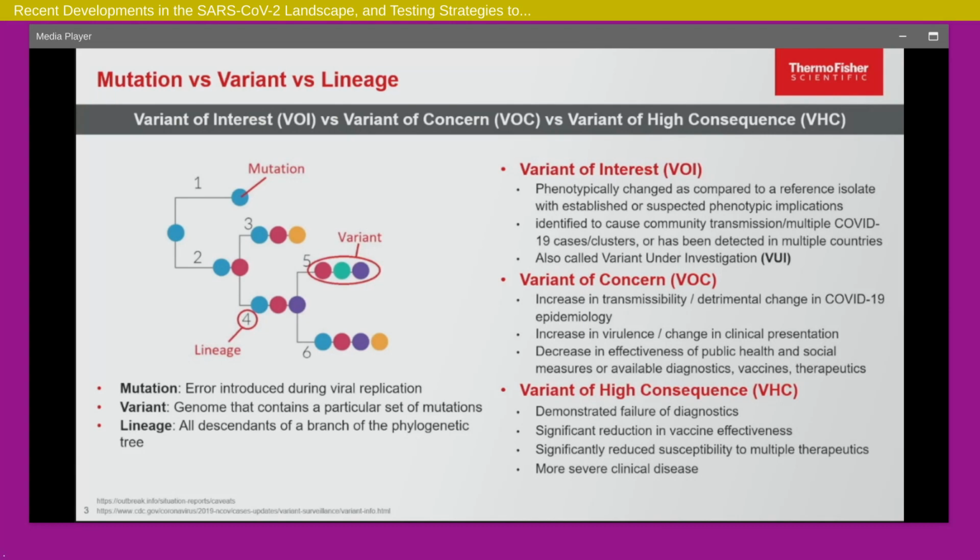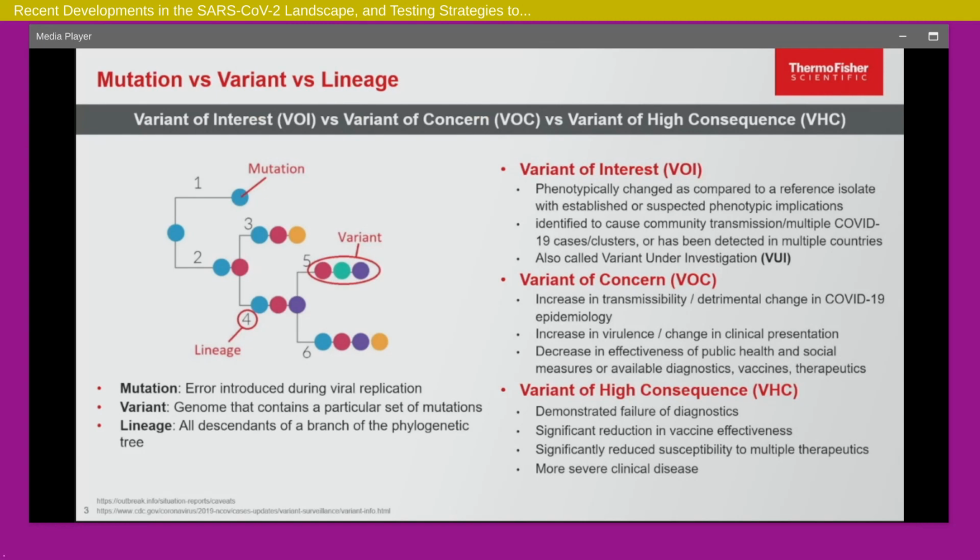When it comes to how the CDC or the public health organizations have talked about this, they've given these names, whether it's a variant of interest, or a variant of concern, or a variant of high consequence. Fortunately, we don't have any variants of high consequence, and I'll tell you why so far we don't have any that have been escalated to that level. A variant of interest is one that we know has changed from the original sequence of the virus, and we want to keep an eye on it.